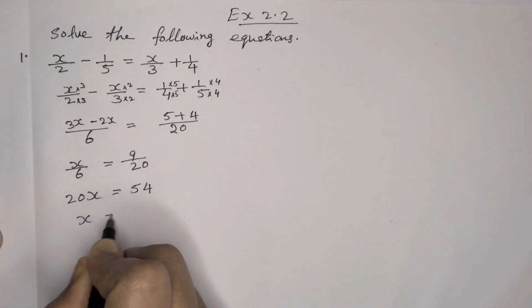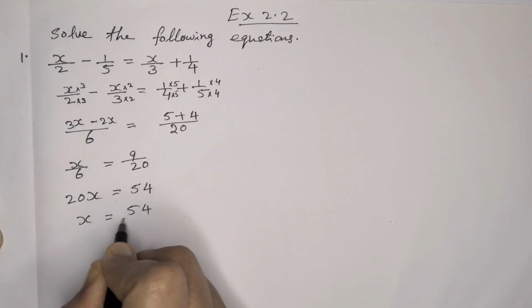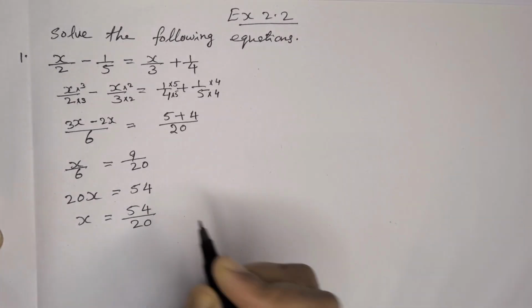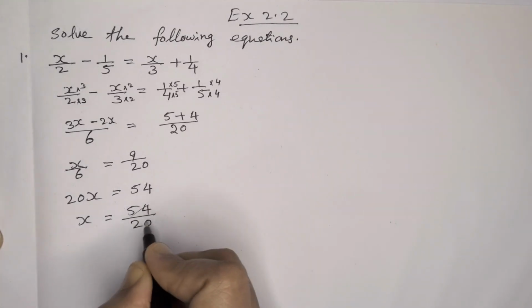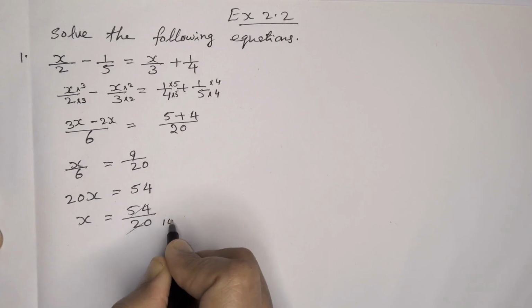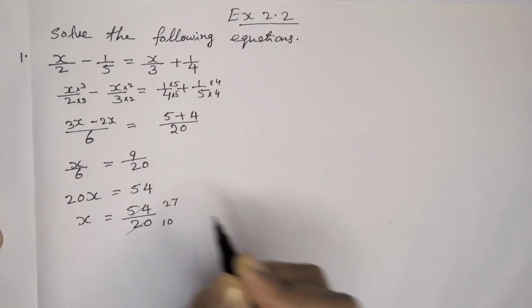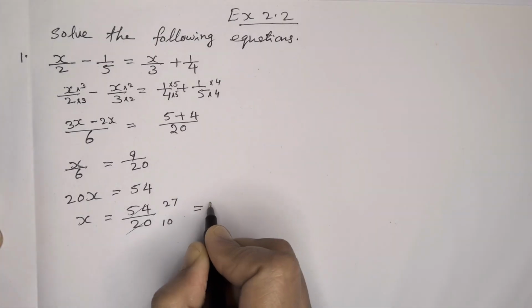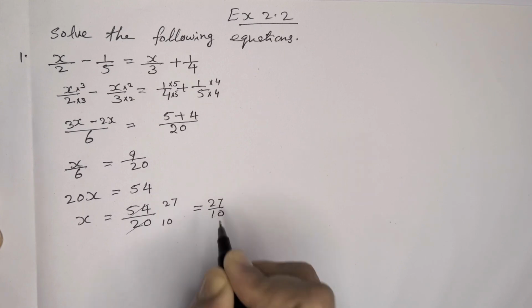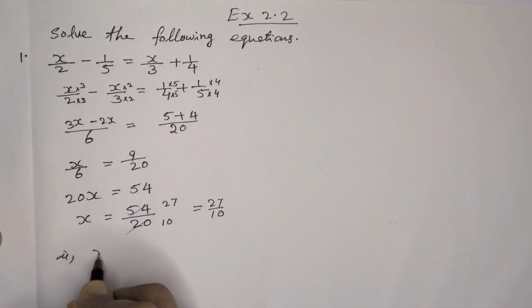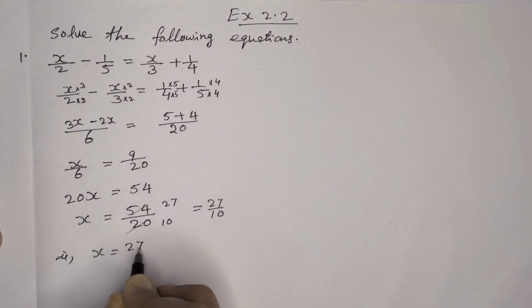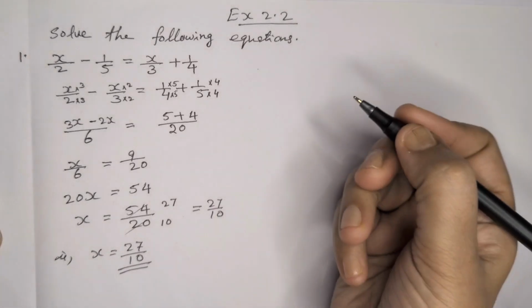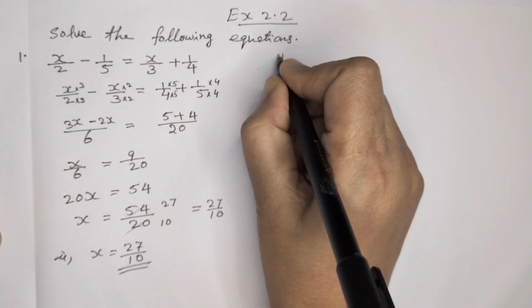Then x is equal to 54 divided by 20. This we can divide by 2. Here we are getting 10, here 27. So x is equal to 27 by 10. That's the answer. If you want to check your answer,